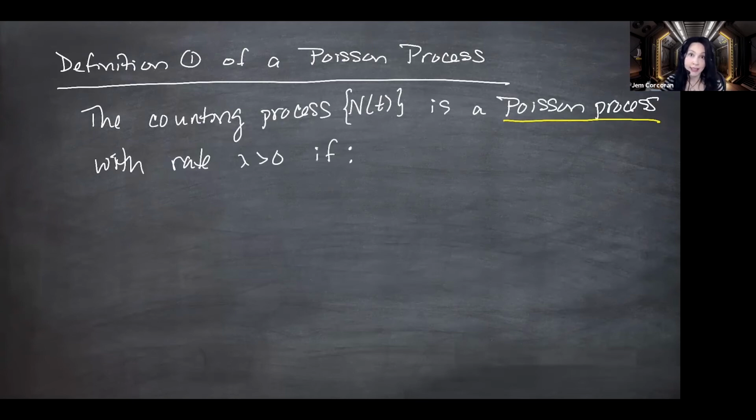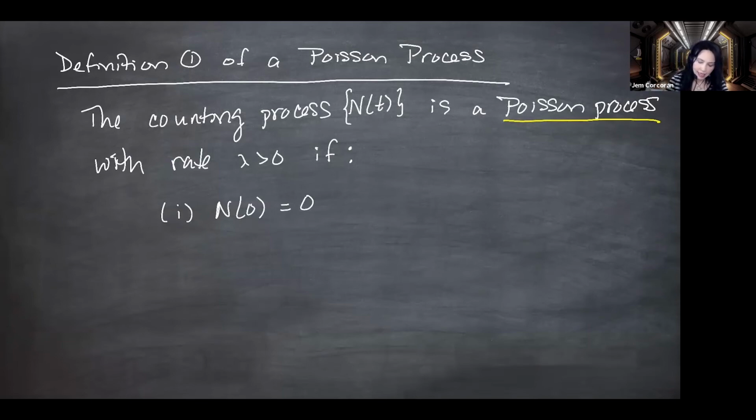I've got three things in all three definitions. The first is not really important. You could actually change this, but it is convention to always start the process at time 0 with 0 things counted. Like you start at time 0 and you wait for something to happen and you start counting. So this is a convenience and you really could start this process at a different number.